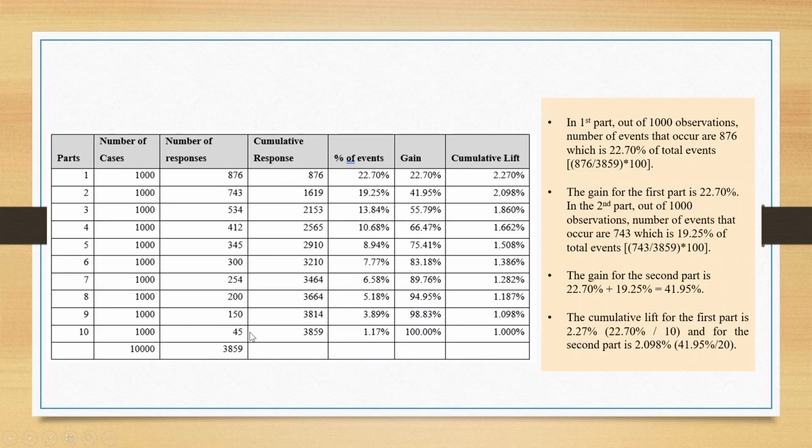In the first part, out of 10,000 observations, 877 events have occurred, which is 876 divided by 3859. 876 divided by 3859 will give me 22.7 percentage. The gain for the first part is 22.7 percentage. In the second part, out of 1,000 observations, 743 events have occurred. So 743 divided by 3859 will give me